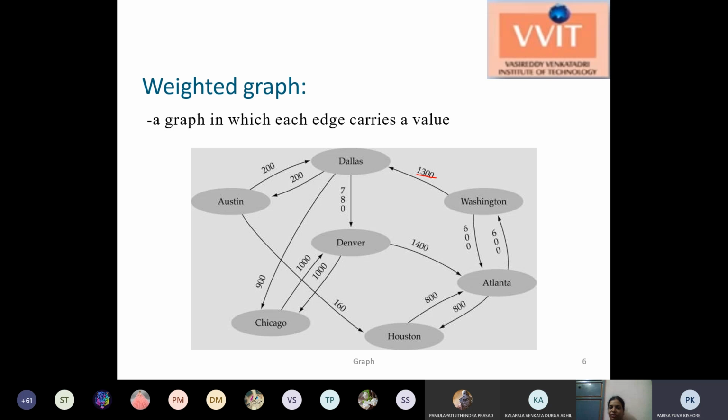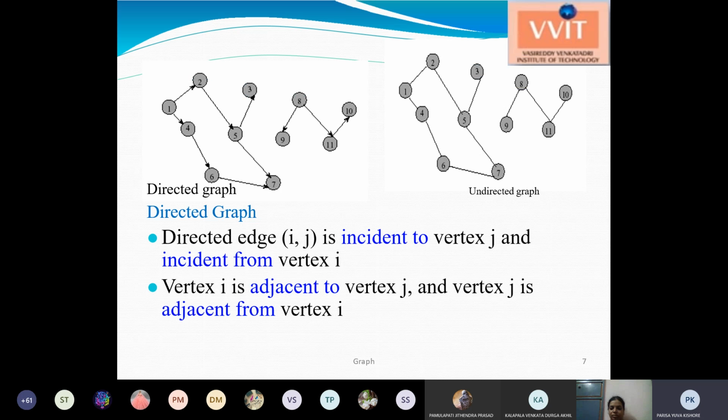So this is one example of weighted graphs. Next we'll move to the next screen. These are the two examples of weighted and unweighted graphs.